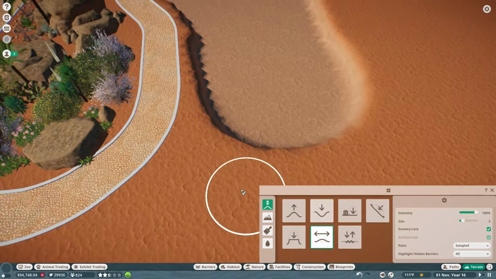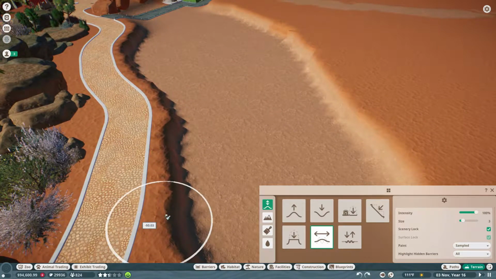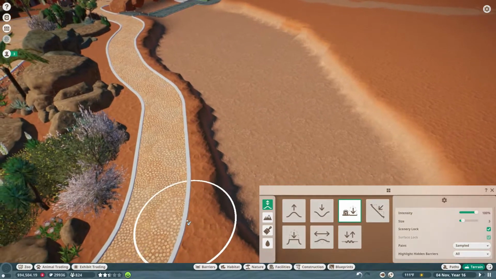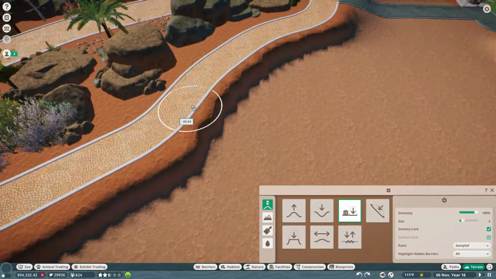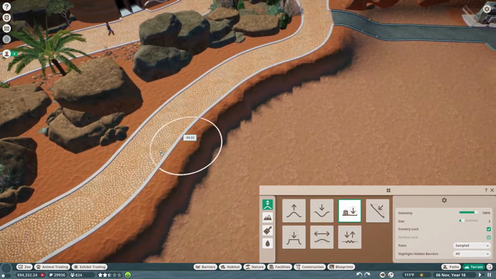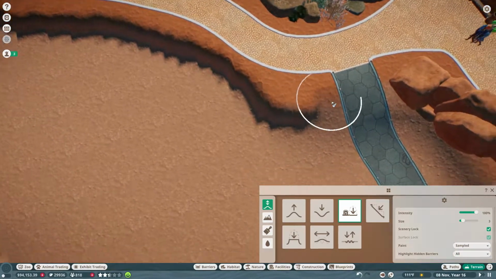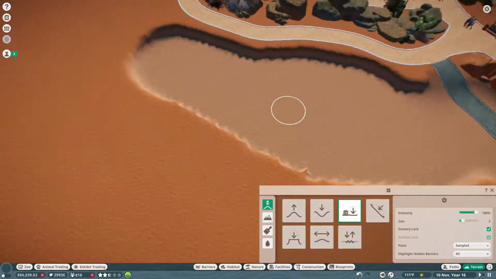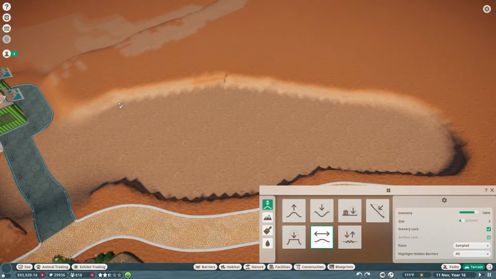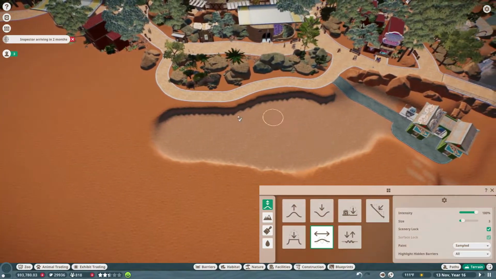What I'm going to do now is increase the ledge, if you will. Give a little more space to the path. Like that. And then we'll smooth out the back. Not that the back's going to matter much, and I'll show you why. But yeah, this is going to be